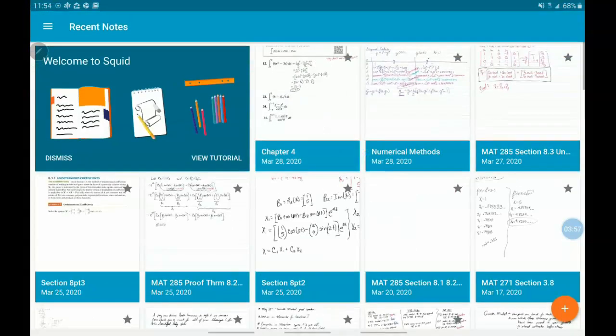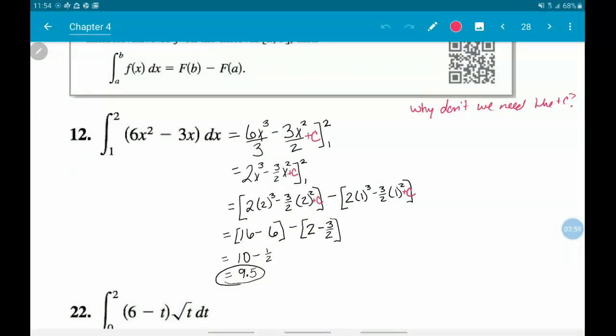So this still would have simplified to 16 minus 6, and then we would have had a plus c here, and then we would have had a plus c here. So then we would have ended up with 10 plus c minus 1/2 plus c. So you could see if we distribute that negative, those c's are going to end up